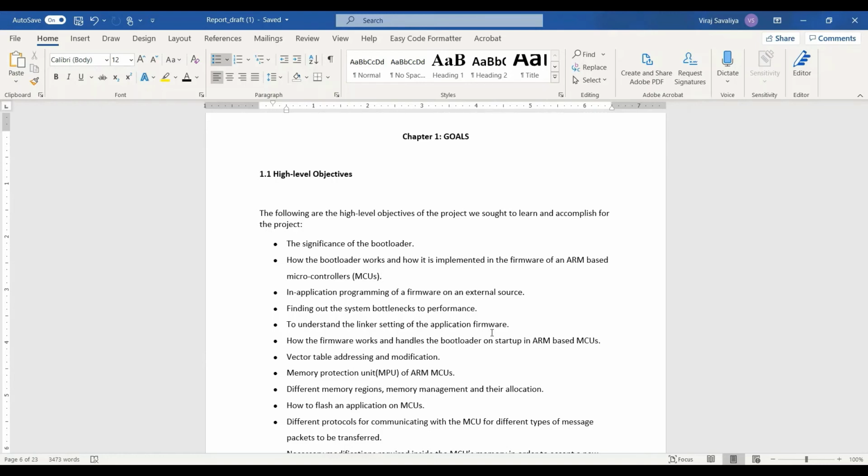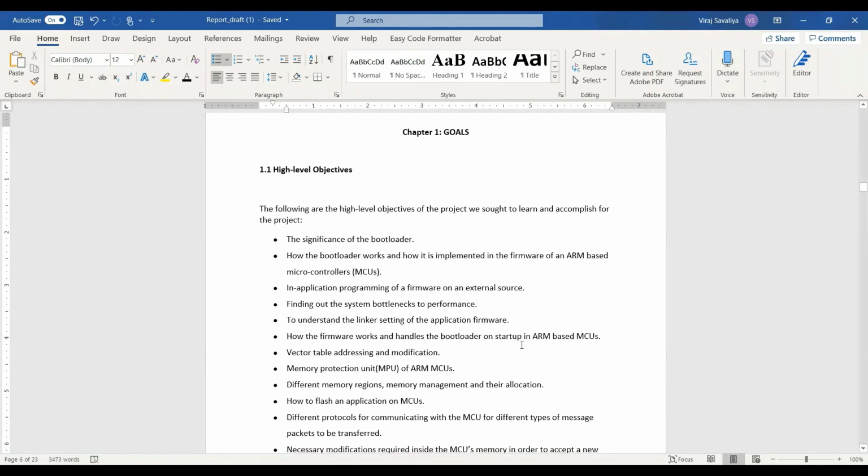So the custom bootloader is basically used whenever we want to update some firmware and make updates to the existing firmware. In that, the main things we need to take care of, or the goals of this project, are that new applications could be flashed into the memory as we want, and those should be flashed at different locations. So the vector table addressing should be taken care of, and the offset should be set in the vector table.